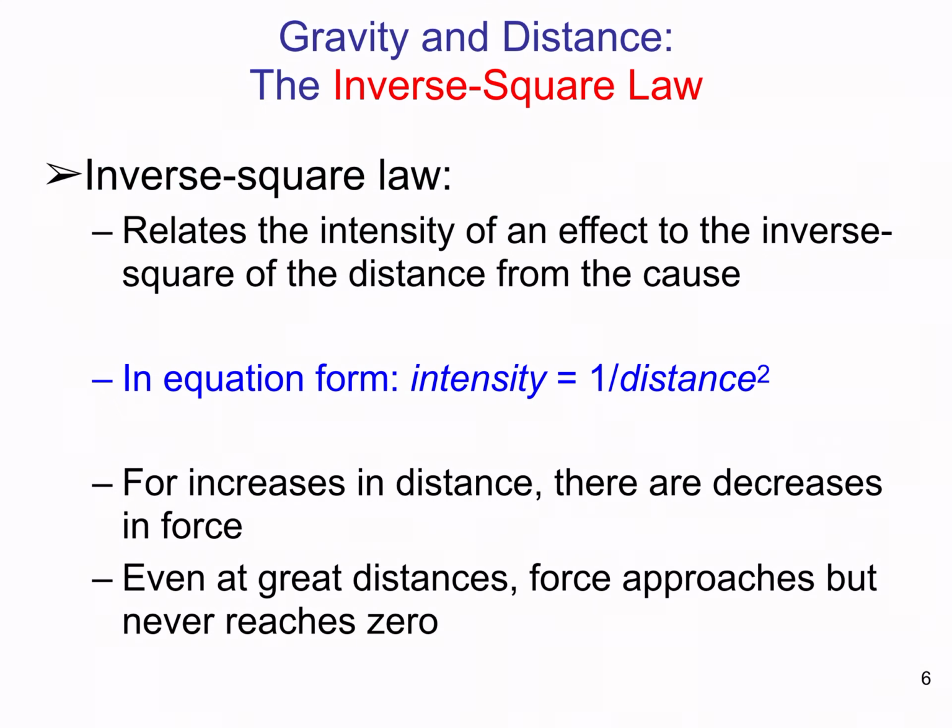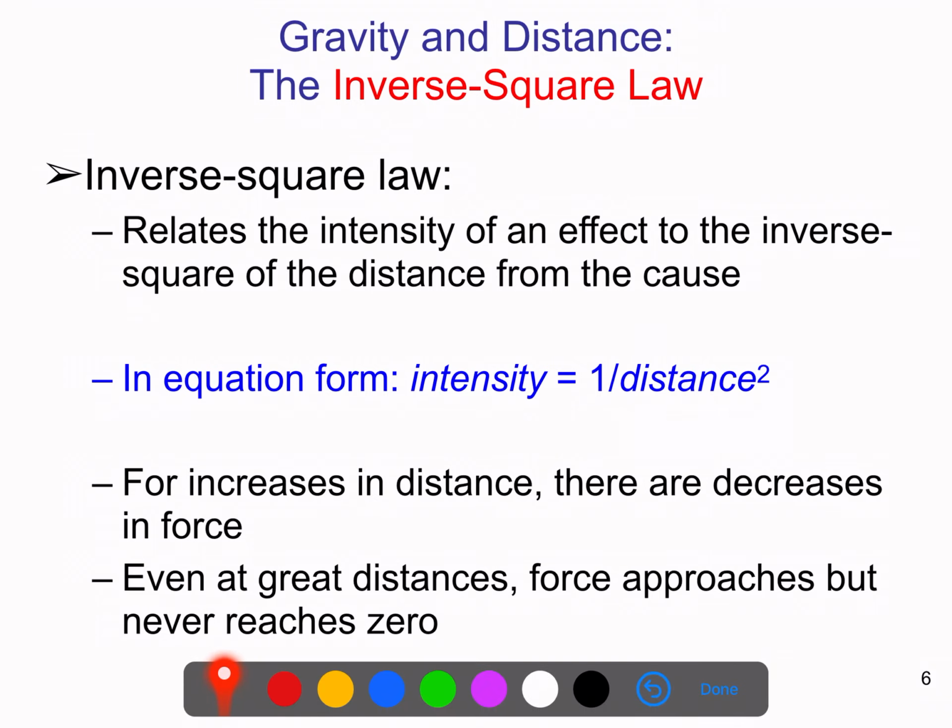Okay, so gravity, like many other laws of nature, is what we would call an inverse square law. We said just a little bit ago that it depends inversely on the distance squared between the two objects. And we experienced this already when we discussed sound, and we talked about how loud the sound is that you might register at a certain location, and that had to do with 1 over the distance squared. And gravity is the same way.